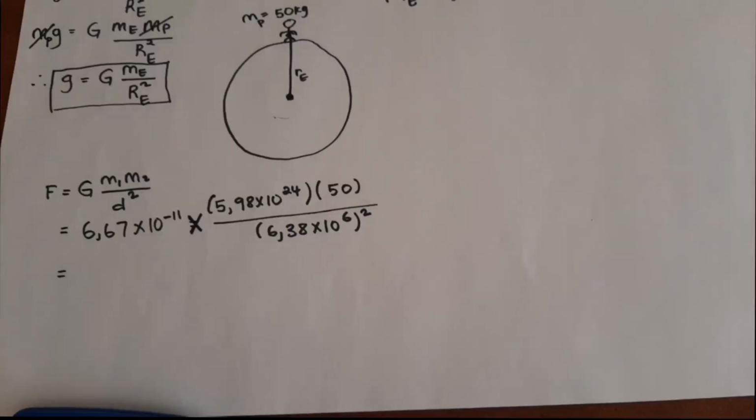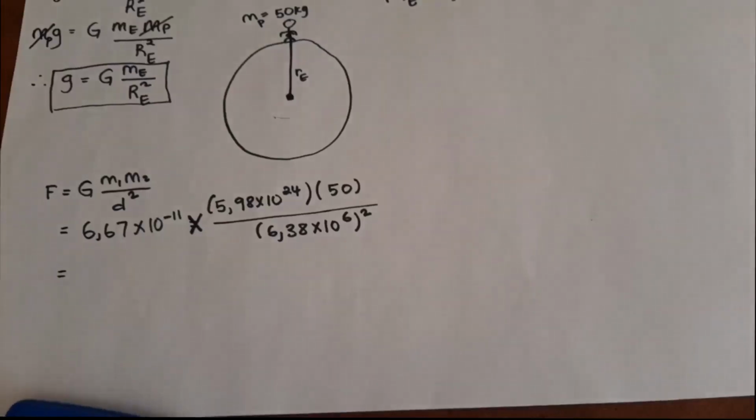Open another bracket, that's 50, close bracket, go down, that's going to be 6,38 multiplied by 10 to the power of 6. Be careful when pressing our calculators, guys. Squared. Okay, 6,38 multiplied by 10 to the power of 6. Okay, that equals